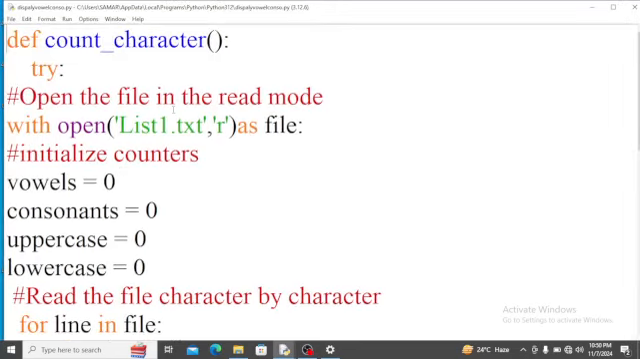Here this is the program to count the total number of uppercase, lowercase, vowels and consonants in a file. You can see the def keyword is there, def count_character. This program is about writing a program to count the number of uppercase, lowercase, vowels and consonants in a particular kind of letter. So I have started this program with the def keyword, def count_character, and a try-except block is there to catch the